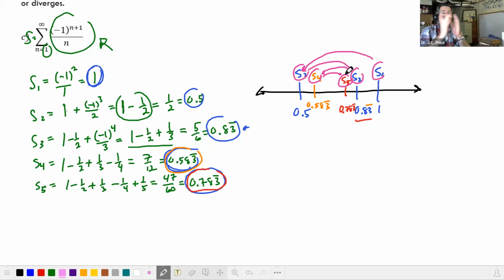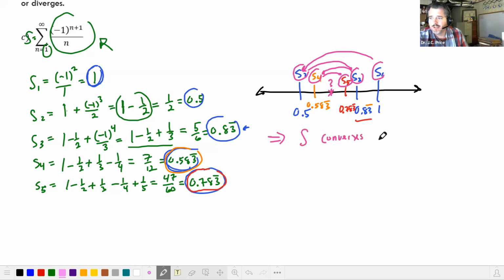And so I'm going to keep on bouncing, and there's some number. I don't know what it is, guys, but there's some number here that it's going to bounce around. And it just bounces back and forth, but it gets ever closer to that number because it never passes the partial sum before it, basically, on either side. So it's kind of like bouncing around and getting closer until you can't even see it oscillate anymore because it's so close to that actual number it converges to. So here, I would conclude that this picture basically implies that my S